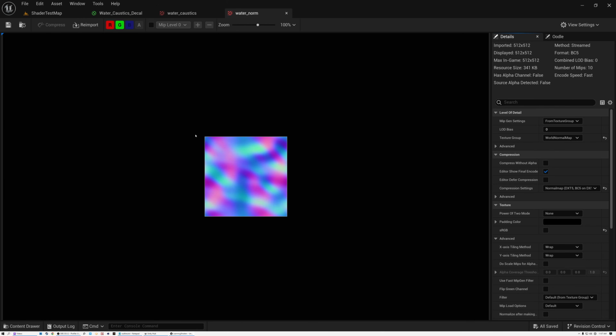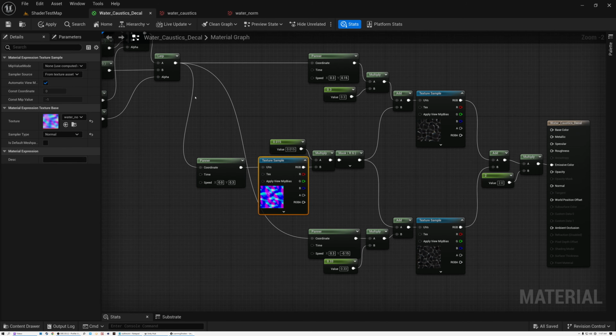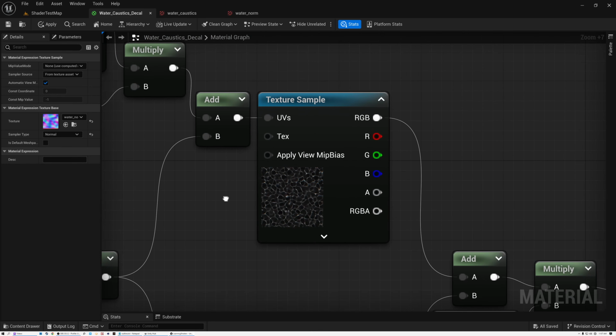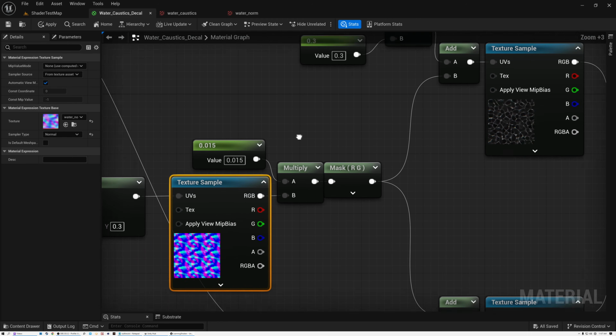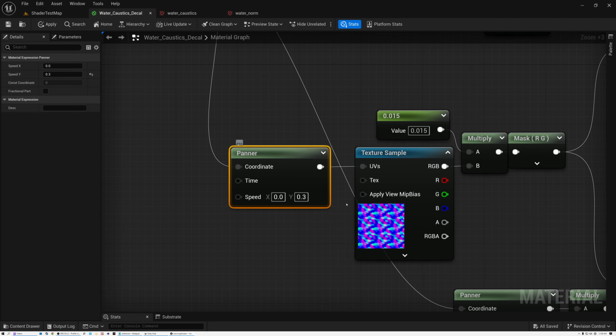So here is my warping normal map, and I'm using this to distort the UV coordinates that I'm passing in, so that instead of scrolling uniformly, my values are kind of undulating and getting warped by this scrolling normal map. I also have a panner on this normal map, and you can see that I'm just scrolling it in the Y dimension by adding a 0 in the X and a 0.3 in the Y to scroll my distortion